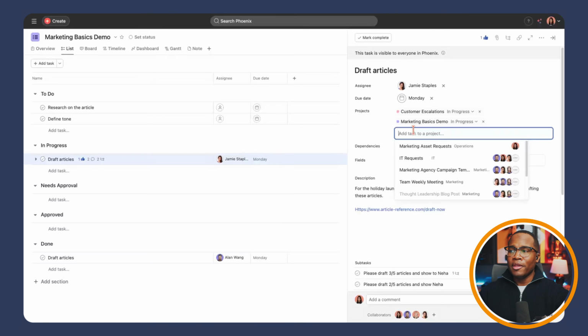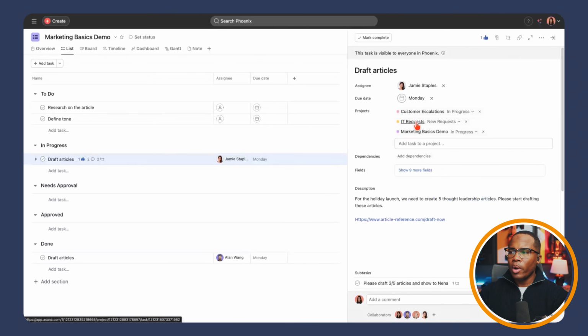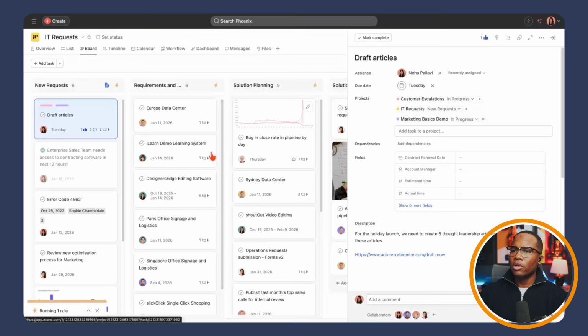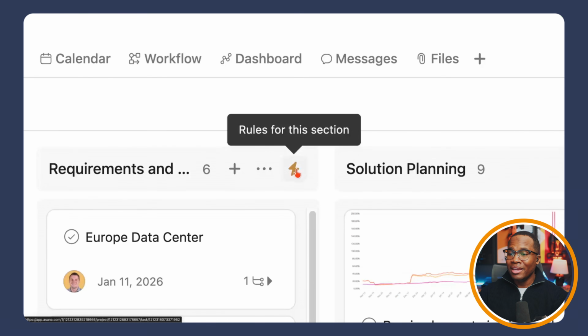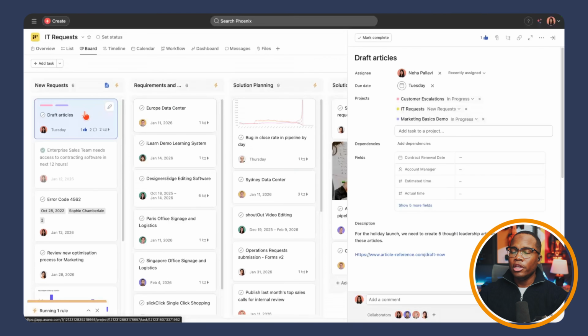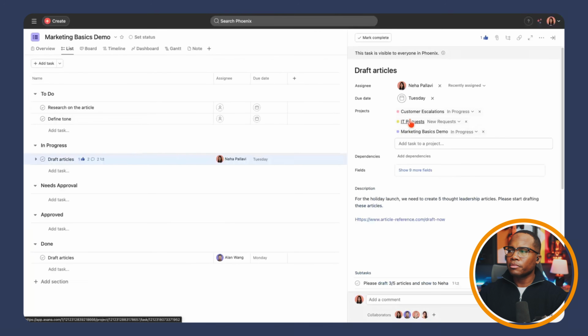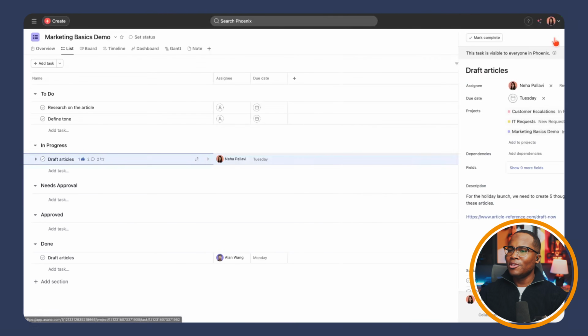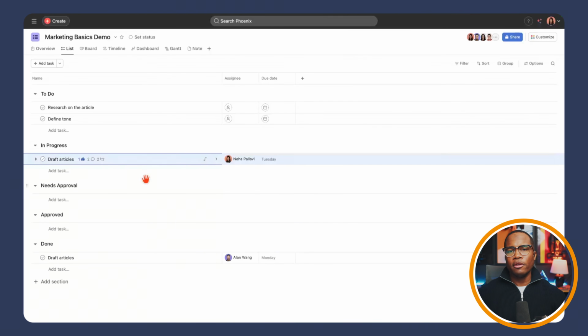We don't have to stop there though. We can put this into the IT requests project. And then the IT requests team, who again has another set of stages, has a completely different workflow, who has some automations even running via rules in Asana, to organize their work and prioritize their work. But there's no impact on how we communicate about that work. And so again, that's the real power of Asana, is allowing us to break down those silos. So let's get back over to our project here and let's start having some fun by creating some of those